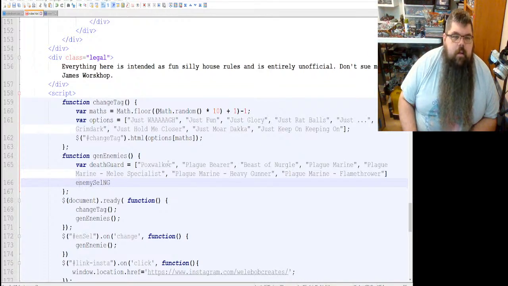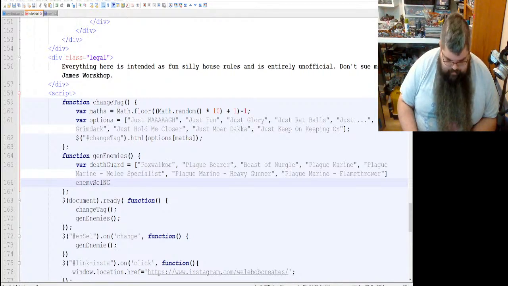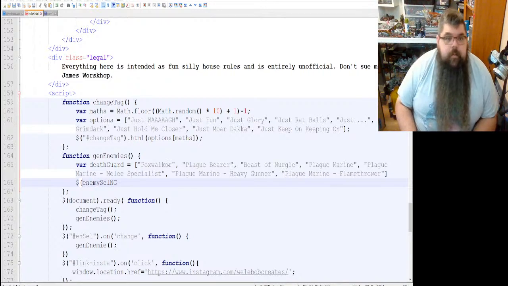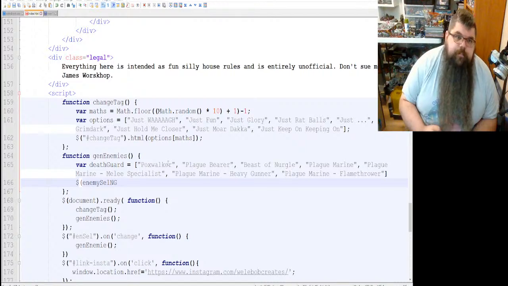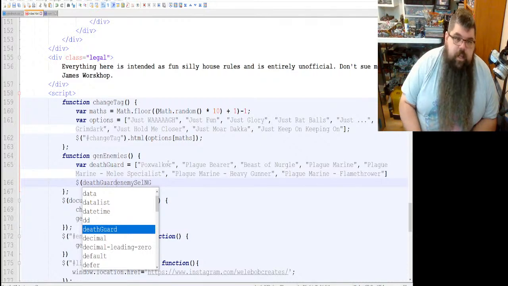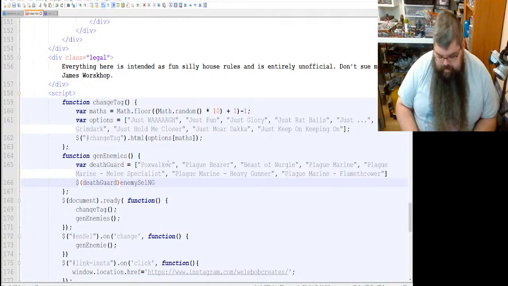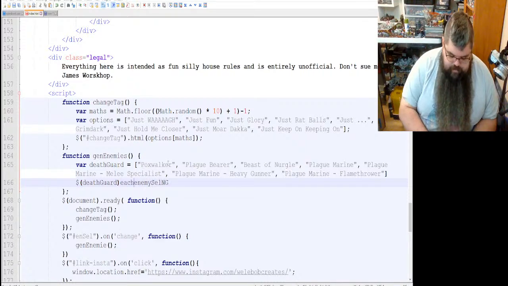So, let's see. Since we only have Death Guard right now, just to get this out of my head, I'm going to do this. But it's not the correct way to do this.